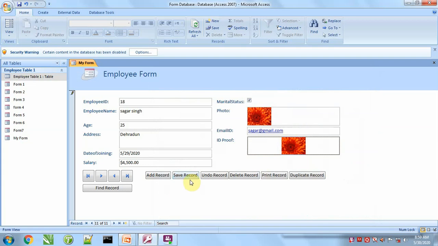And as soon as we press save record, this record will be saved.